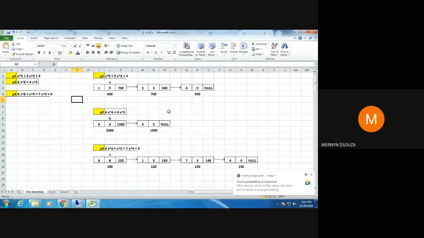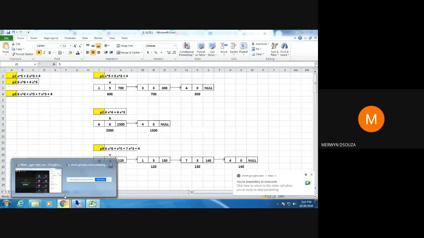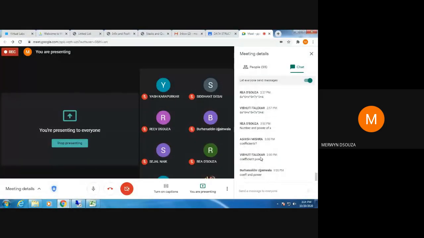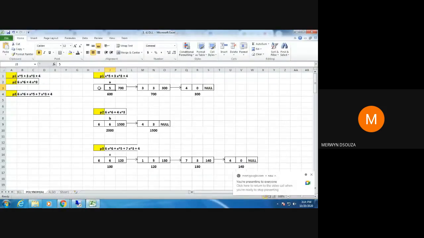Basically, you're going to declare one structure of a node. For the structure of the node, you're going to have a coefficient part and an exponent part, or the power part, like your classmates have already described here. That is two members, and the third member will be the link part. Just like in your single linked list, you had the data part and the link part.